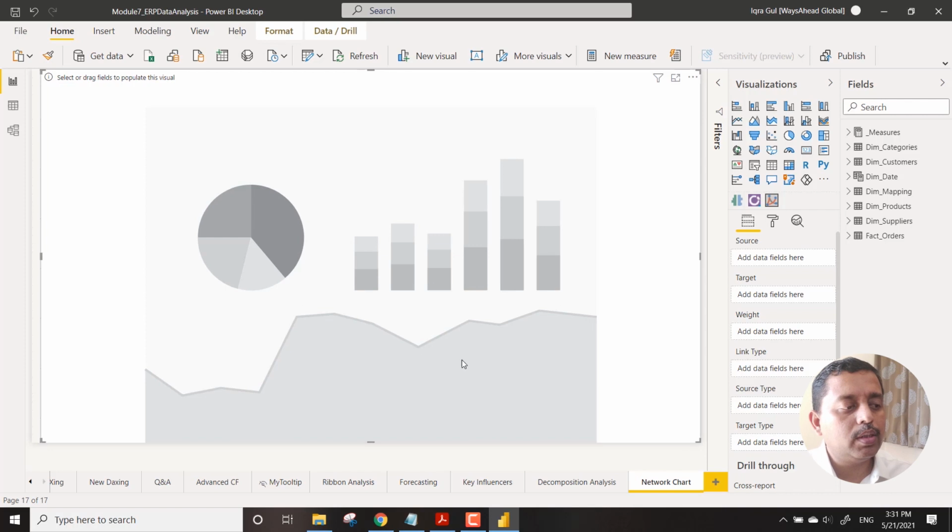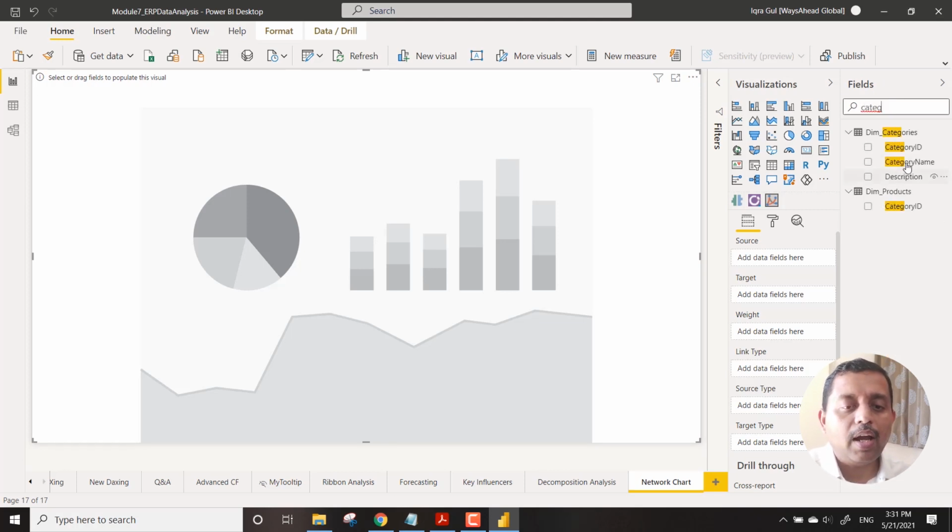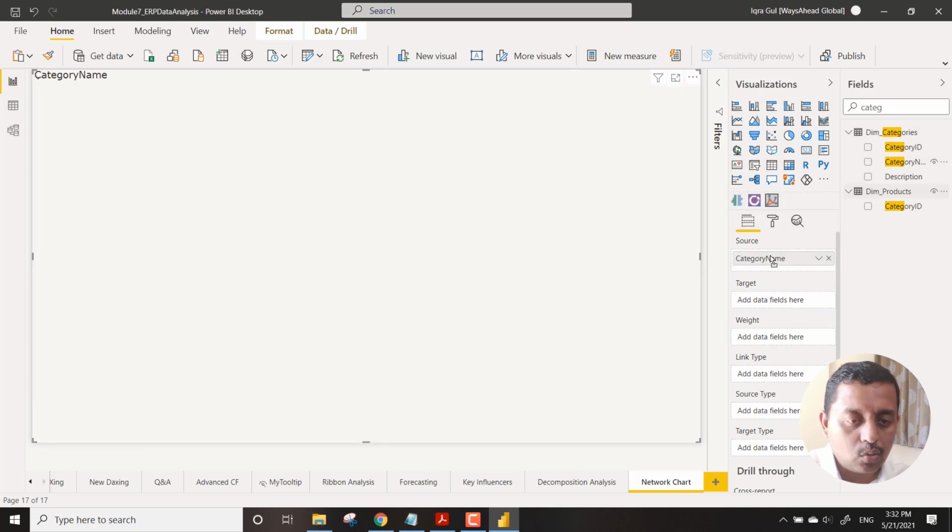What you need to do is you just take up the entire sheet. The bigger the chart location, the better is your understanding. You can now see that these are all, it looks like PowerPoint slides, right? Something like this. It all talks about the source and the target. So you say that, okay, I have my product categories as a source, and I have my suppliers as the target.